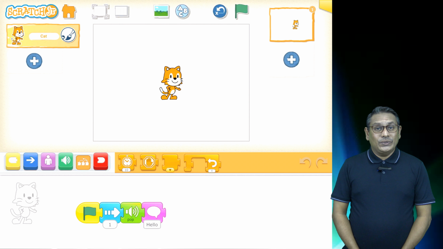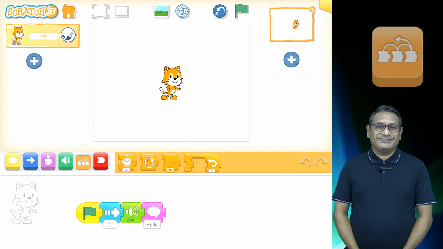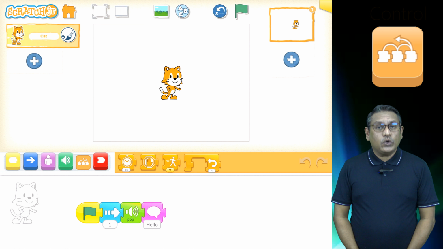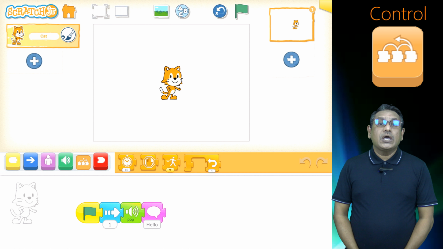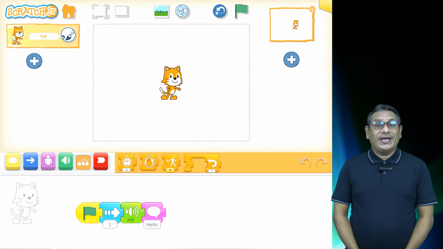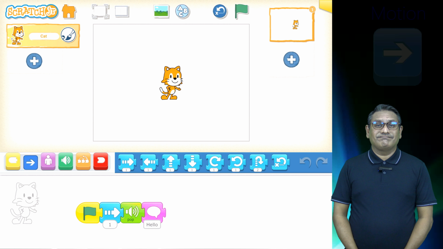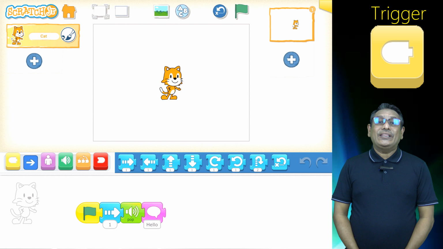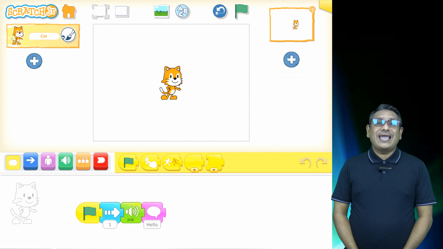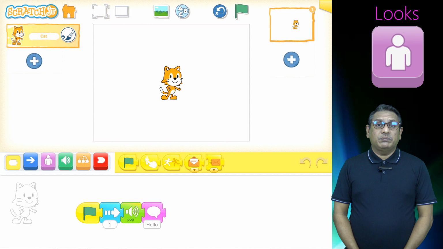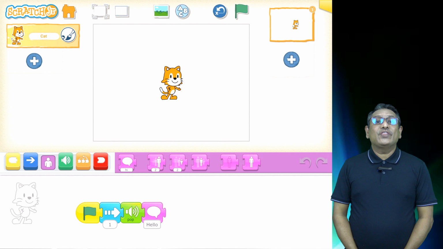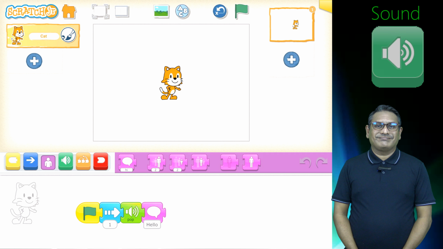Let's move on to the orange colored blocks. The orange colored blocks are called the control blocks simply because you can apply different types of changes to your animation block. So far you have learned the blue motion block, the yellow trigger block,